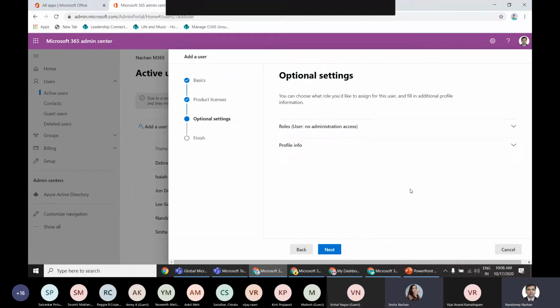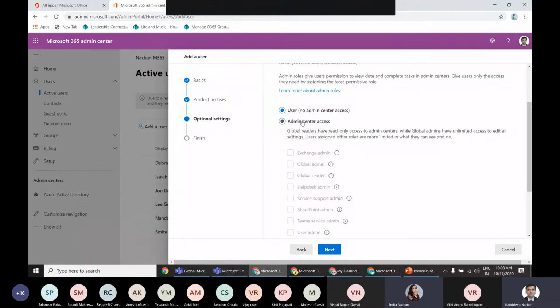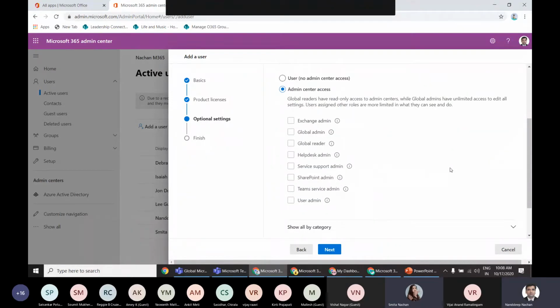Next, in the optional settings, we can give the user admin access. So from here we are deciding